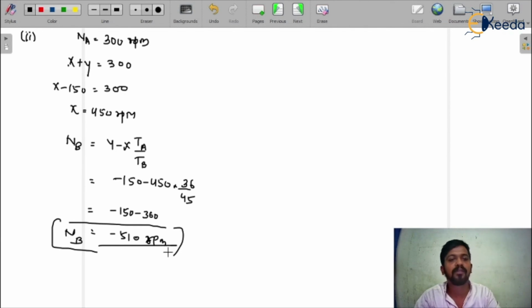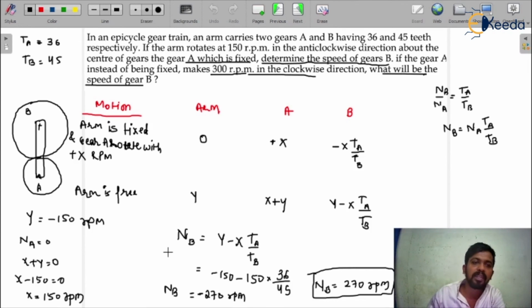I hope you understand the solution of that question. Whatever is given in the question, you just have to put the values. But the most important thing in epicyclic gear trains is how to draw the table. As you draw the table correctly, you will get the correct answer for the questions you solve. There cannot be any mistakes in the question, you just need to draw the table accurately. And this is the similar table as we have drawn in the last questions, in every question. The table is almost similar each time.